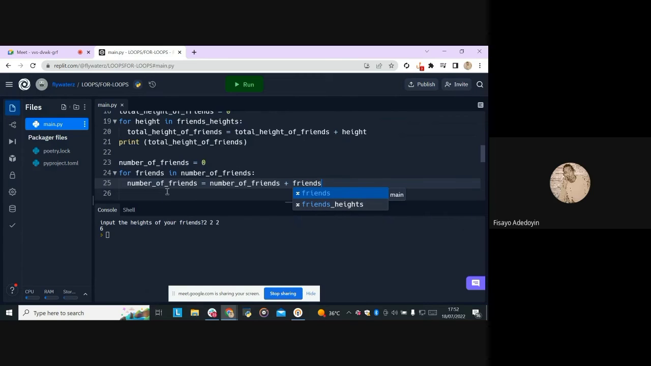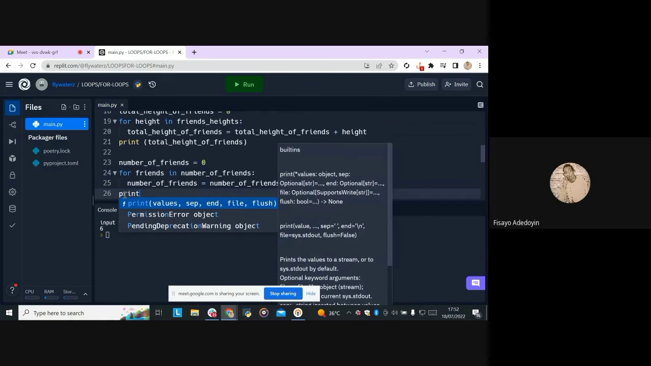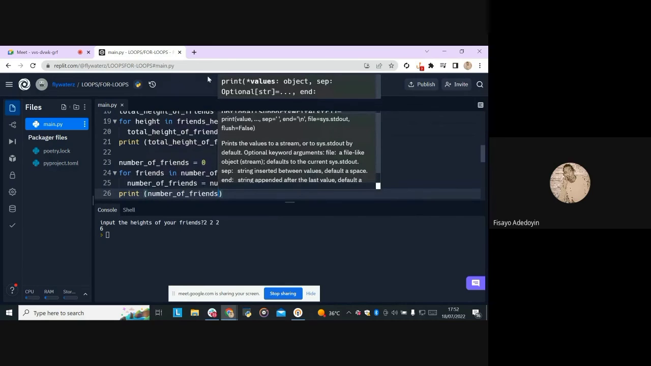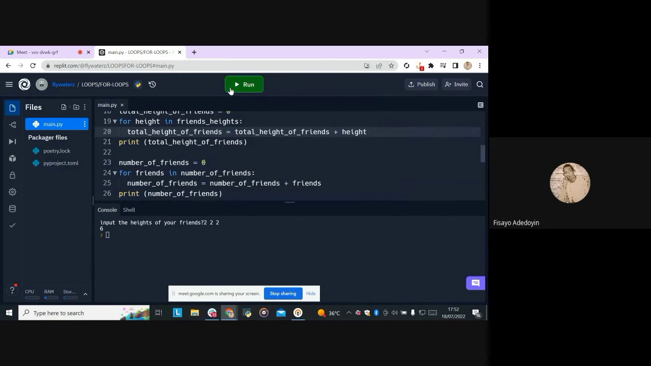So basically what this for loop is doing is calling out these friends, then looking for the total number of friends in this number of friends, then it adds it to this 0, then comes back again to, let me just use the print function, print number of friends. So running this, we see that